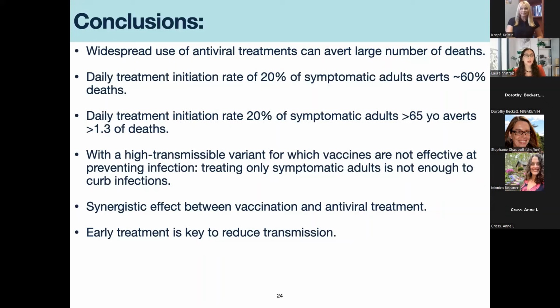And so we saw that with a highly transmissible variant, for which vaccines are not very effective, like Omicron, there's really very little effect of antiviral treatment in curbing infections if you only treat symptomatic adults. And we also observed this synergistic effect between vaccination and antiviral treatment, and early treatment is key to reducing transmission. And I want to point out that I did this work before there was widespread use of Paxlovid, and so I didn't consider at all this rebound problem,